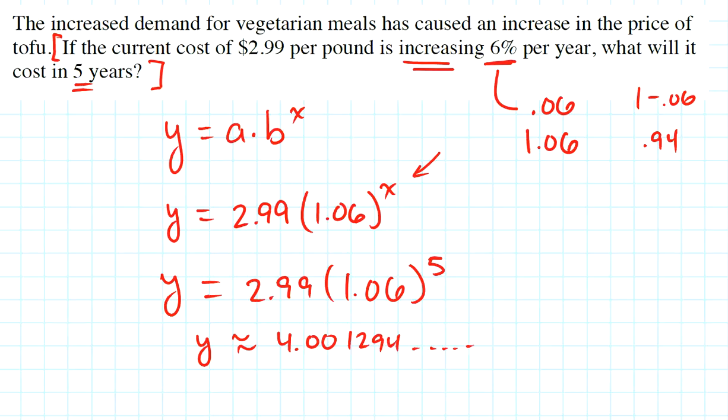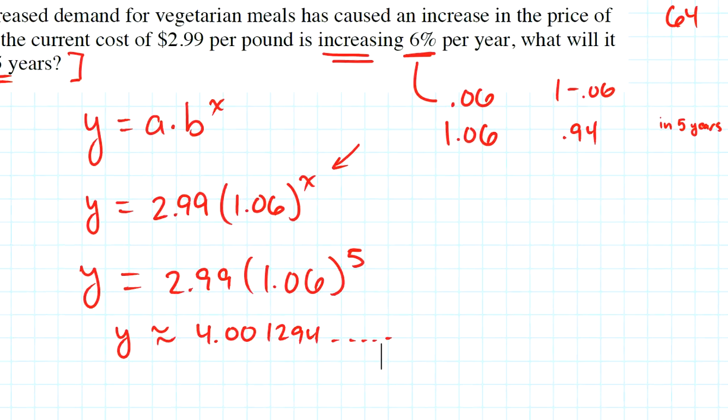So if I'm looking at that, it looks to me like I'm going to be rounding that to $4 per pound. So I would say after 5 years, if I'm increasing 6% per year, I believe that the cost of tofu will be $4 per pound,